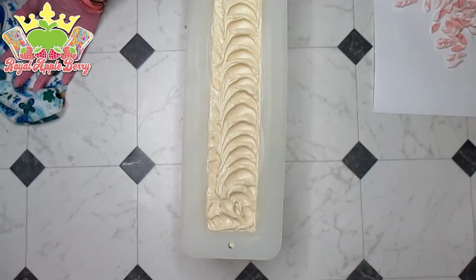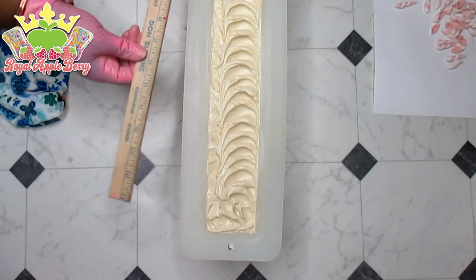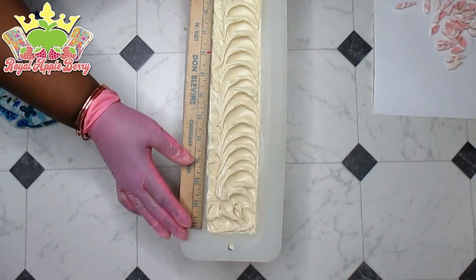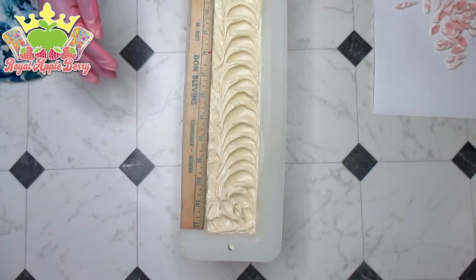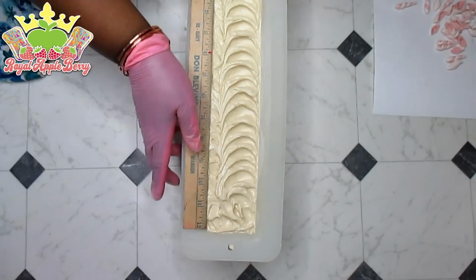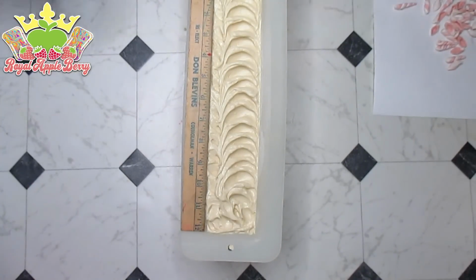Alright, so this soap was just being a total jerk with the texturing. It really did not want to be textured at all. So I spent some time with it, and I was trying to keep it low, but it wasn't going for that. But really, the top design doesn't matter. I just needed to,